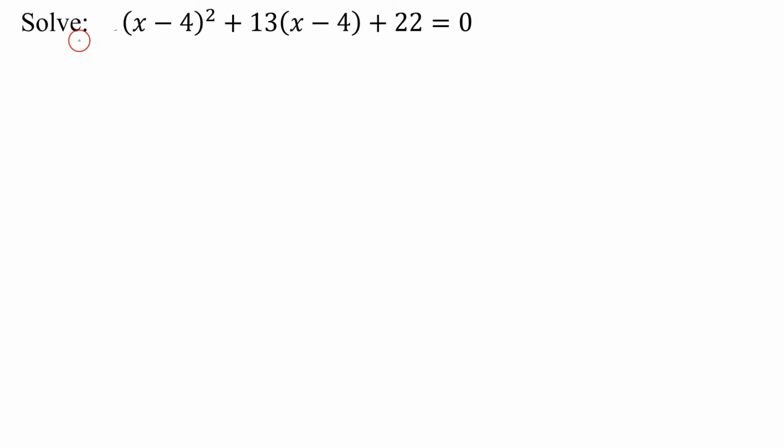In this example, I need to solve the equation (x - 4)^2 + 13(x - 4) + 22 = 0. Well, what type of equation do we have here? This is a quadratic or degree 2 equation because if I expand the (x - 4) squared, I'd get